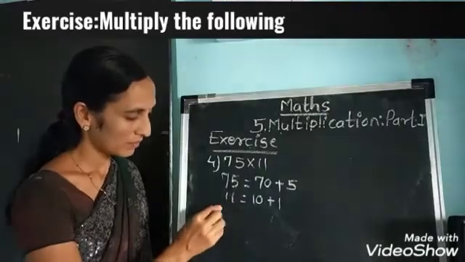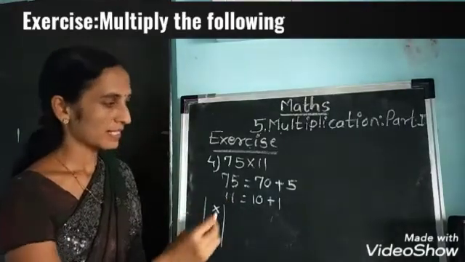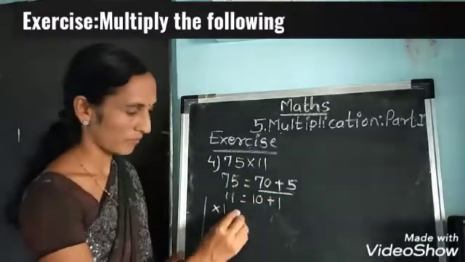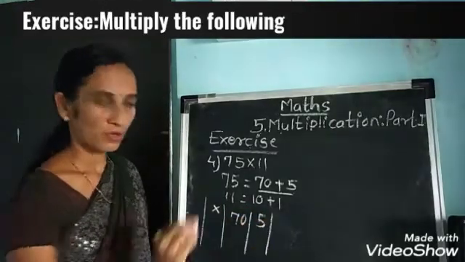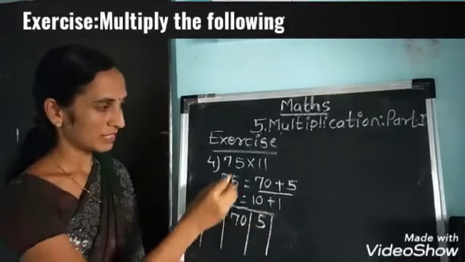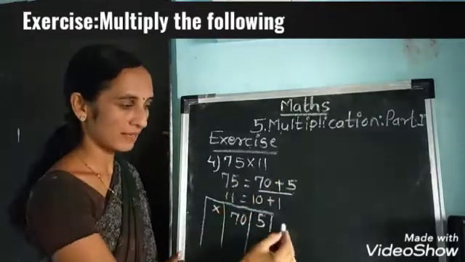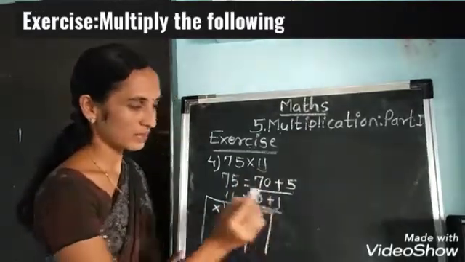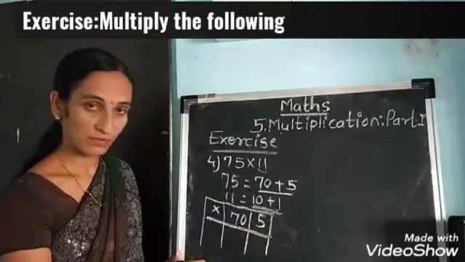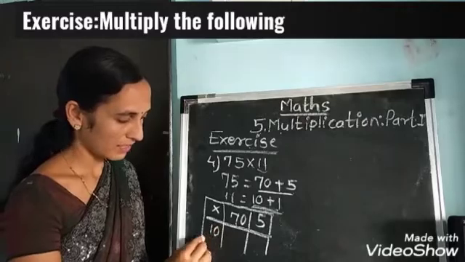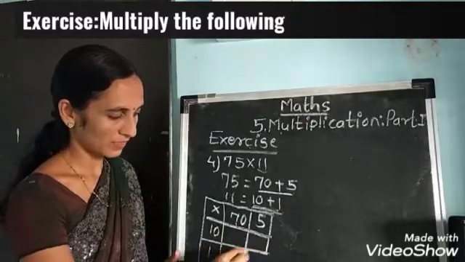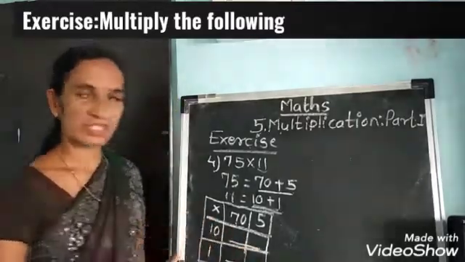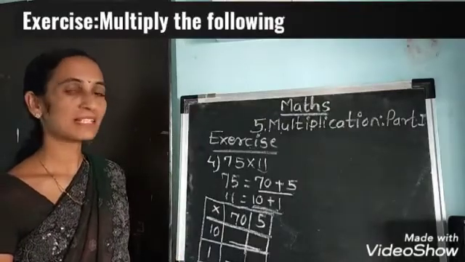Okay. Now multiplication sign, make boxes. First number is 75. Instead of 75, use its expanded form. 75. Got? Now close the box. Here multiplication sign. What is the next number? 11. Here we have to write? No. This second number we are also going to use in its expanded form. Where to write? This side, in a column, vertically. 10 and 1. 10 plus 1 is the expanded form here. Now find the answer of these 4 boxes. It is a little confusing, but no need to worry.